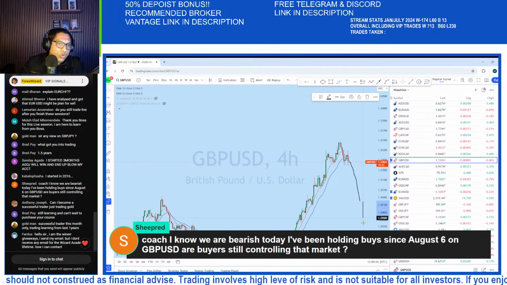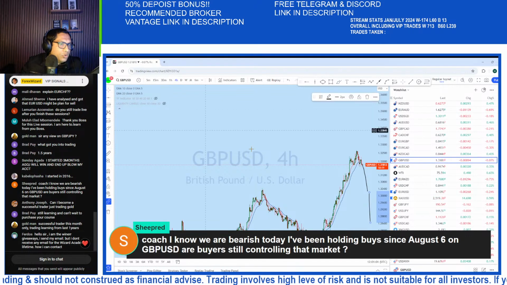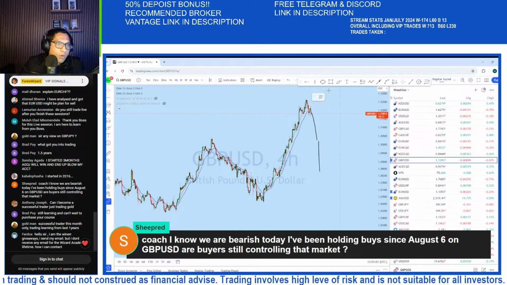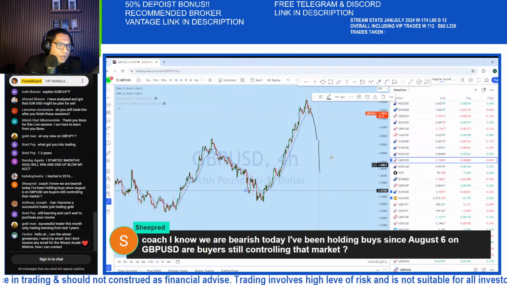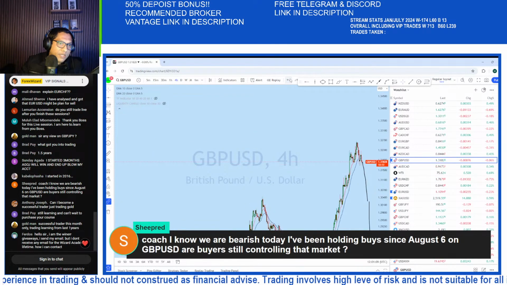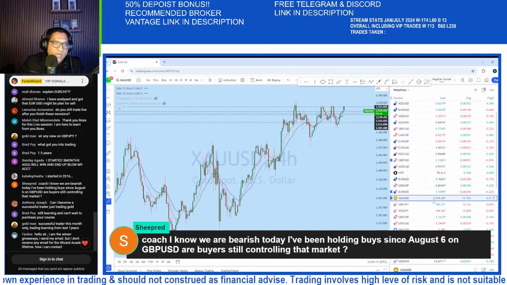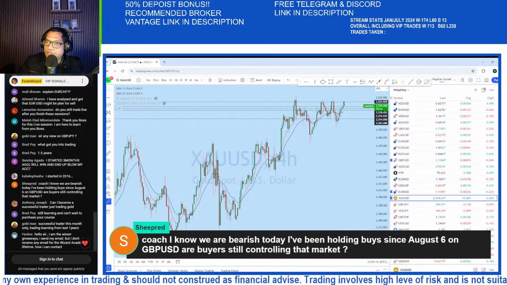because the monthly close is dropping back to the order block, which is here. It is possible to drop back to the order block. So an order block on British pound US dollar, depending on how the price action is forming. But at the moment, my bias is towards the downside, and let's see how far it is going.